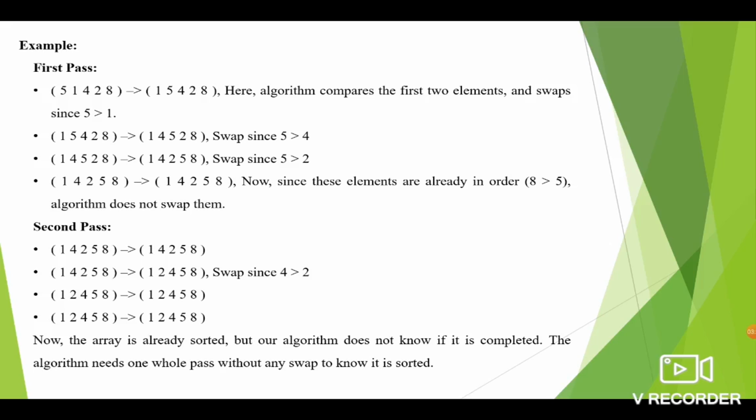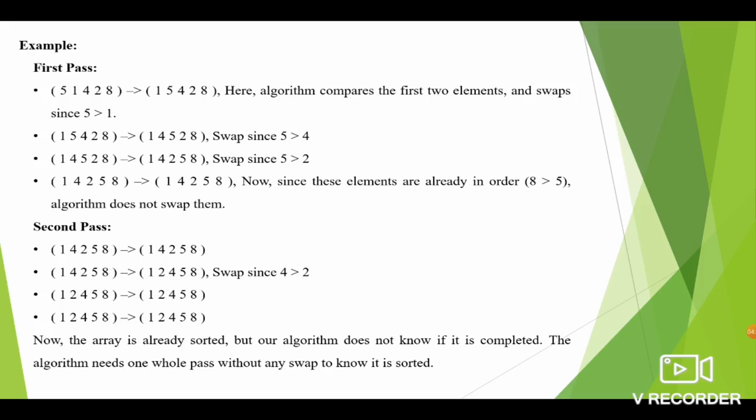In the second pass, again we are repeating the same process. The first two elements are compared, 1 and 4. They are in order, so no need of swapping. Second step, compare the second and third element, that is 4 and 2. They are not in order, so we need a swap.